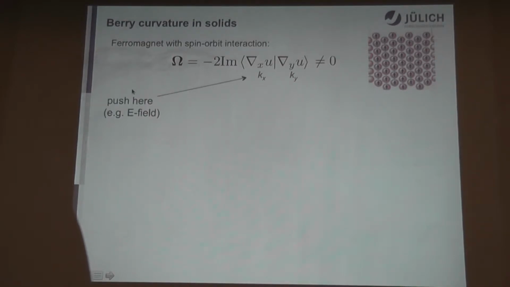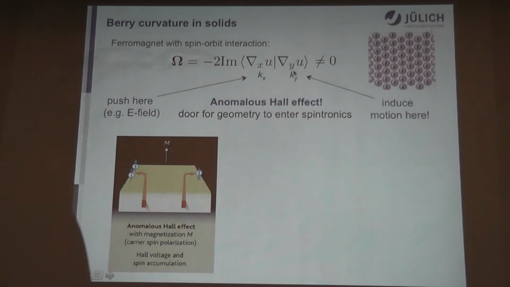We can think of a process where we ignite a motion of an electron, let's say with an electric field, and this is the part which stands here in the Berry curvature. On the other hand, we can look at the response of the wave function along an orthogonal direction. This is ky in the reciprocal space. And if this quantity is non-zero, we can actually ignite this coupled kx, ky dynamics, and like this we can